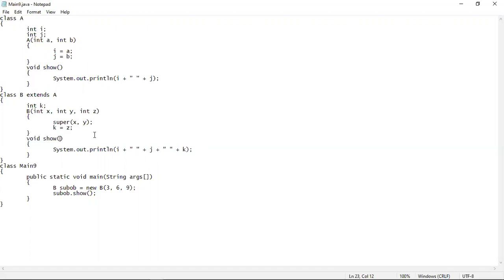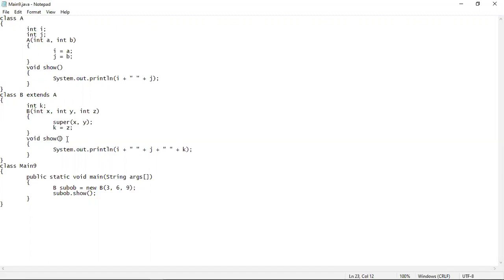The names are the same, which is show. The return types are the same, which is void in both cases. There are no parameters in the superclass version of show, and no parameters in the subclass version. That means these two methods have the same name and the same type signature.